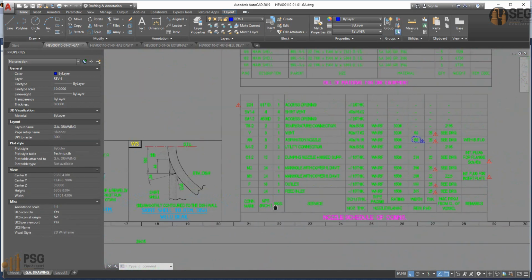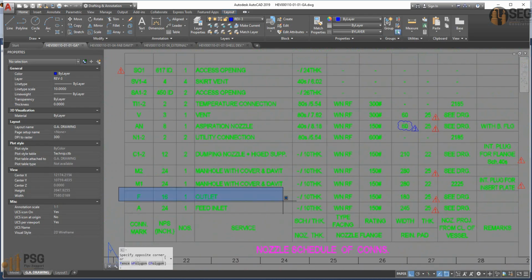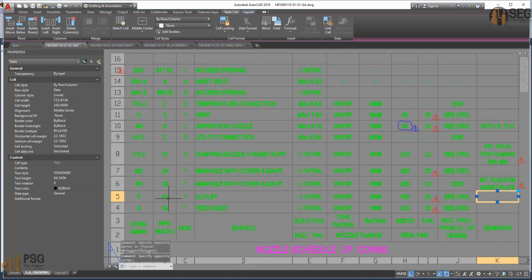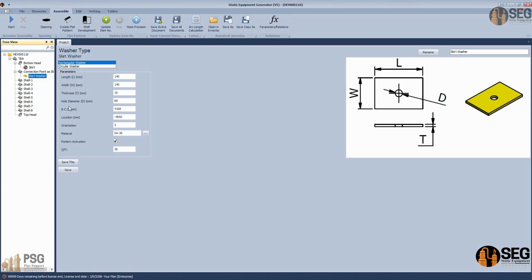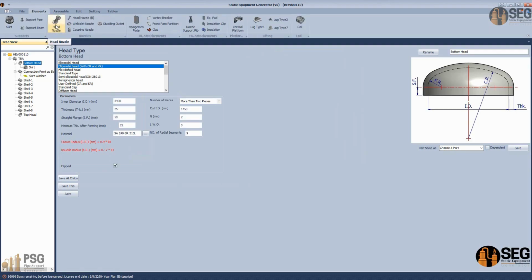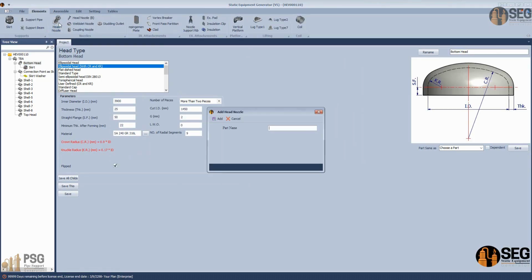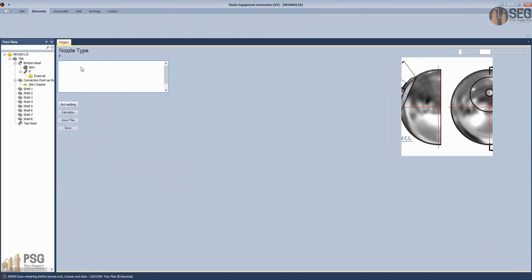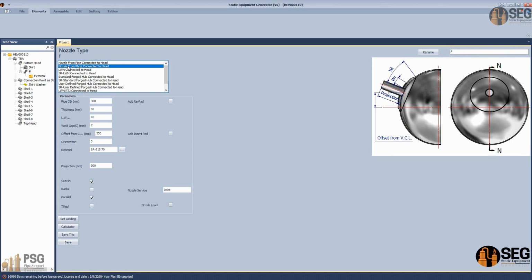Okay, so if we take a look at the nozzle information here on the nozzle table, as you can see, it's 16 inches, but it's a nozzle from plate. So how to add a nozzle from plate to the bottom head? From here, let's select the bottom head, and from nozzles, let's select the head nozzle and make it nozzle F. And from nozzle F, let's select a nozzle from plate instead of nozzle from pipe. So let's select from here nozzle from plate and define the outside diameter